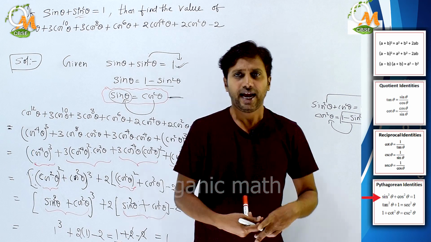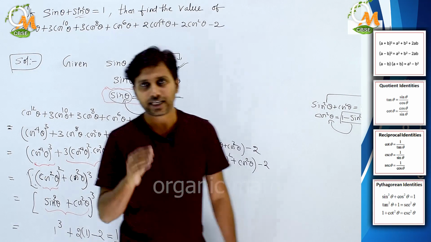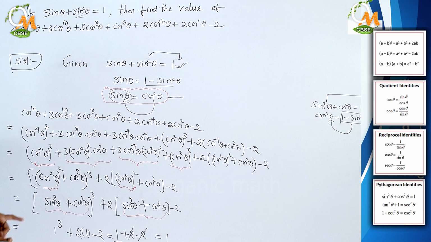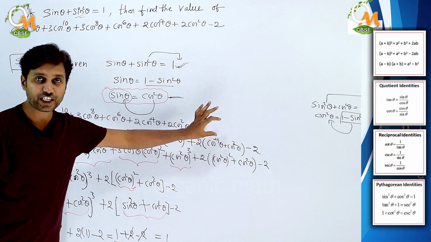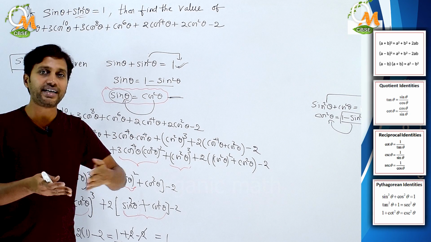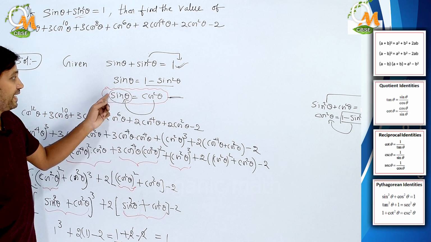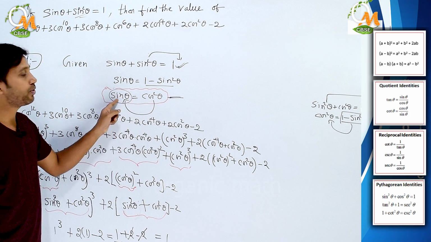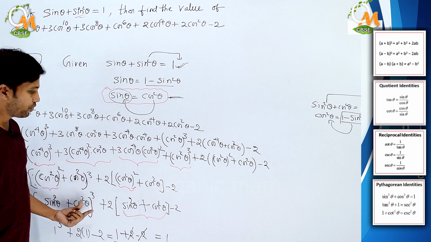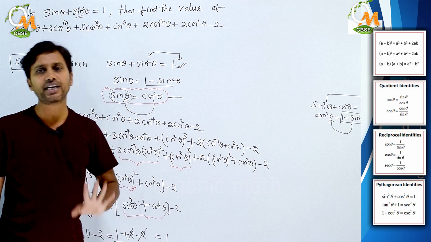So like this, and let me tell you the key points to solve this problem. The only thing you need to know is how to adjust the given lengthy expression in such a way that it fits the A plus B whole cube pattern. And by taking the advantage of cos square theta equal to sin theta, we can put the values so that all the cos thetas will be eliminated and we'll get a numerical value. That's it.